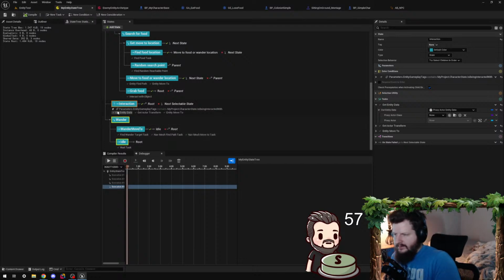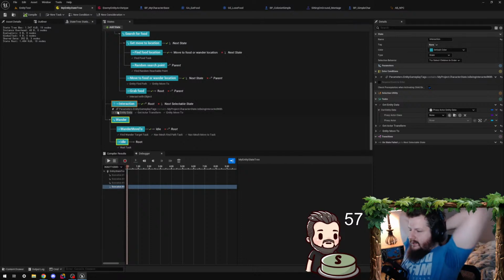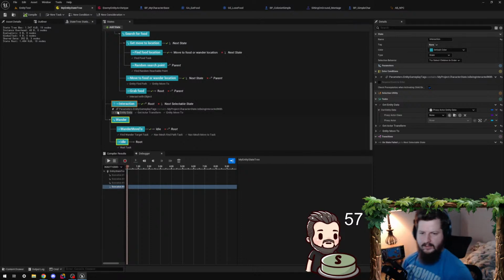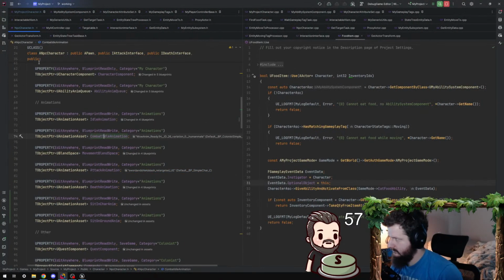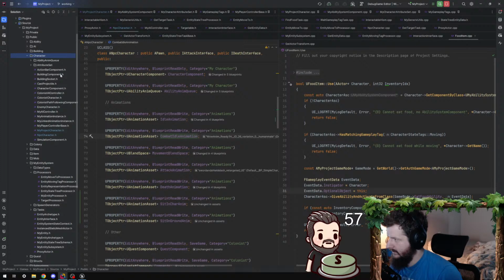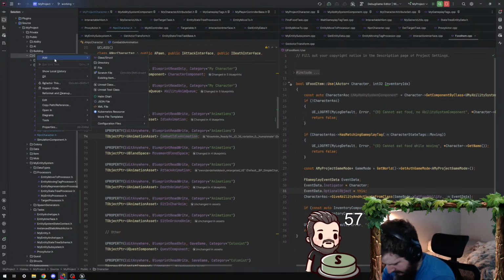Okay, so for this new system, yeah, I think I need to. Ignore my pit stains. Okay, new component. Oh, God. Now, I have the ability AnimQ component. Do I just